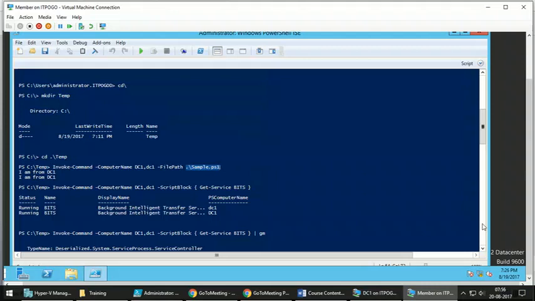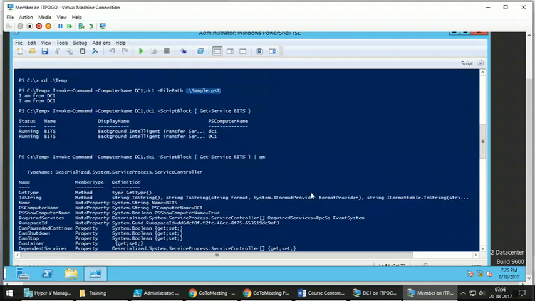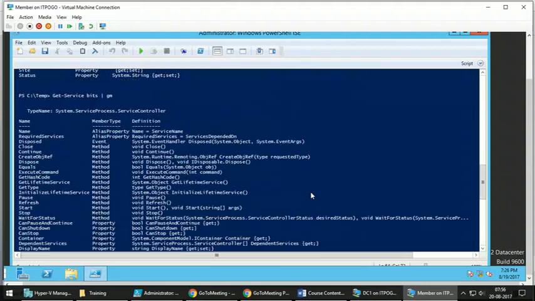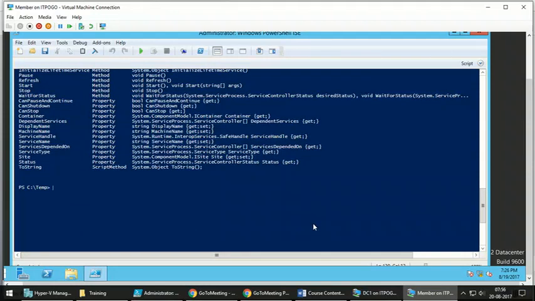Got it? So what's the difference between Enter-PSSession and Invoke-Command? With Enter-PSSession, you can enter a session into only one machine at a time. Using Invoke-Command, you can target 1000 machines. Okay. So if we want to do certain actions on only one machine, then we use Enter-PSSession. Yeah.